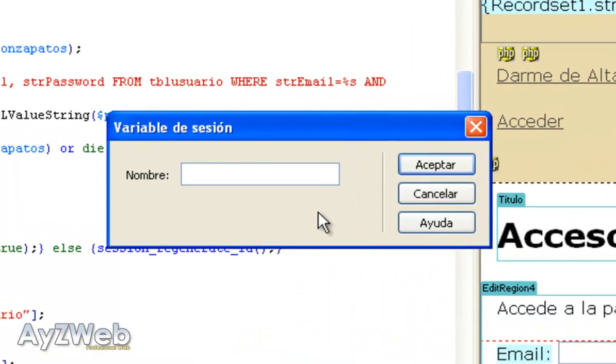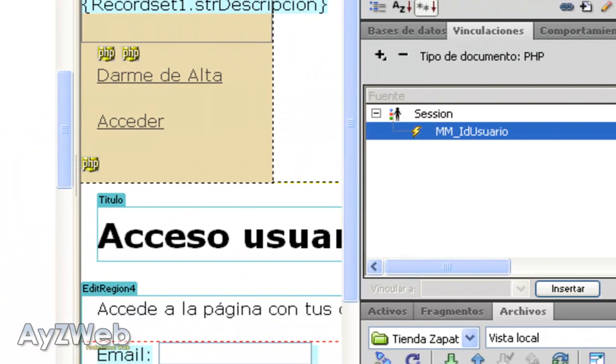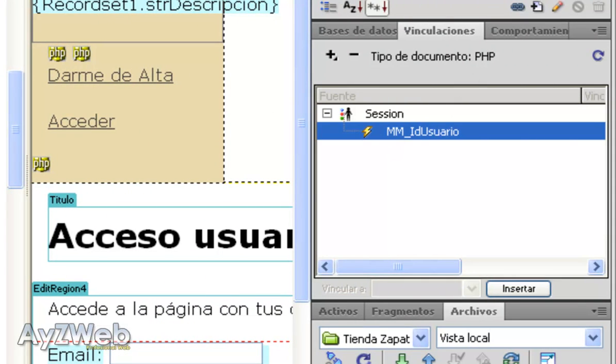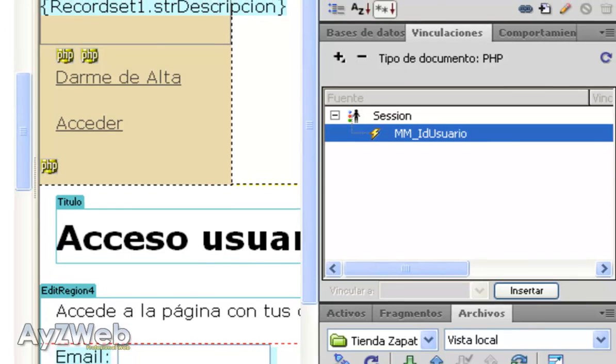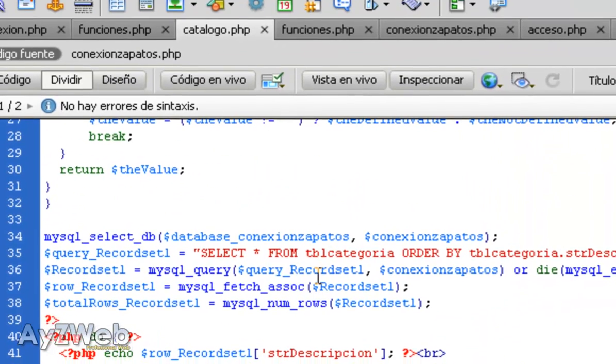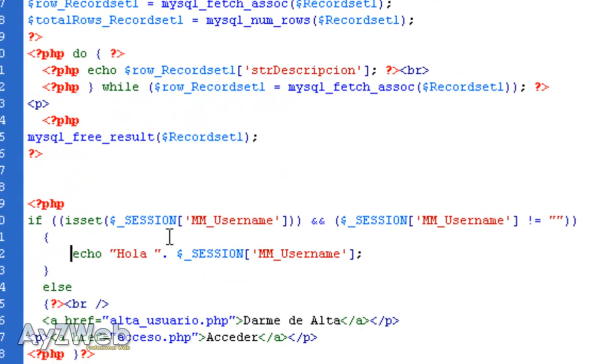I'm going to put the session variable here, and it will be called like this. So in a way it's more handy now if I want to drag it or whatever. Now we will see why I have done this. I save this access, and inside catalog, which is where we had our call to the function, we're going to